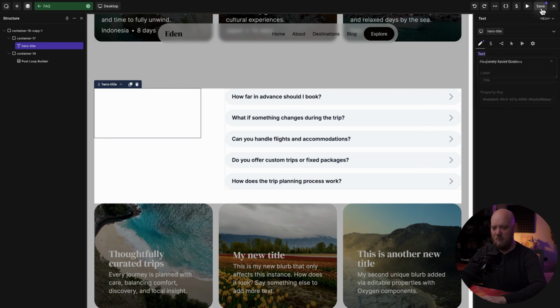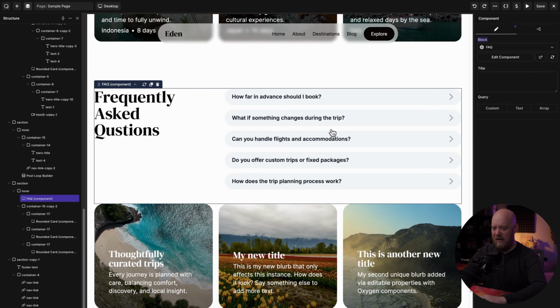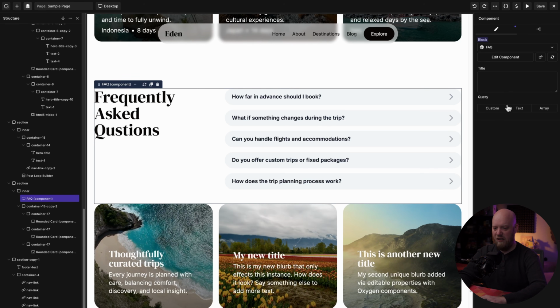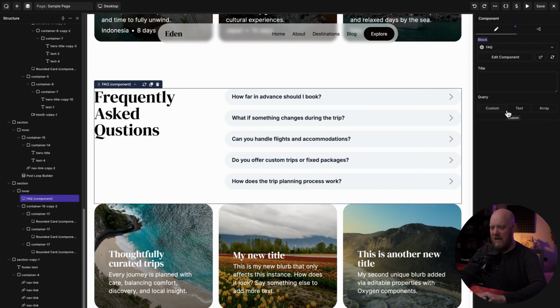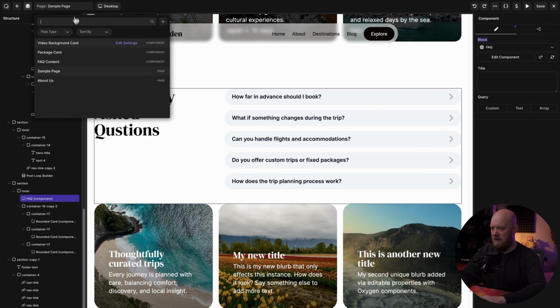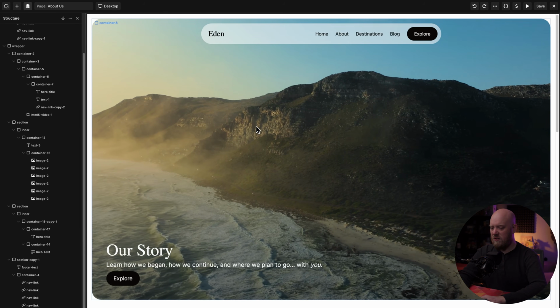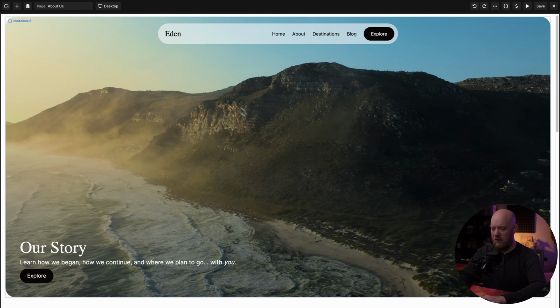So now that that's a component, we can save that and it's in use here. And you can see that we have the ability to edit the title and query over here, but we don't need to edit it here. I want to edit it on the about page. So let's go over to About Us. And we're just going to scroll down and find the area where I want to put it, which is right